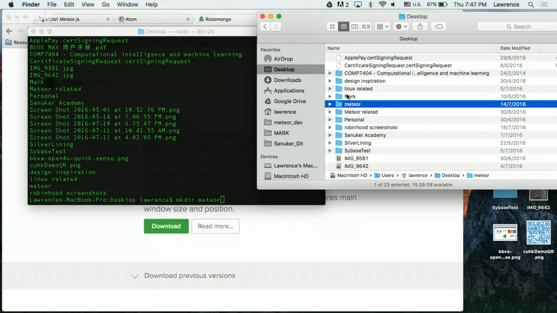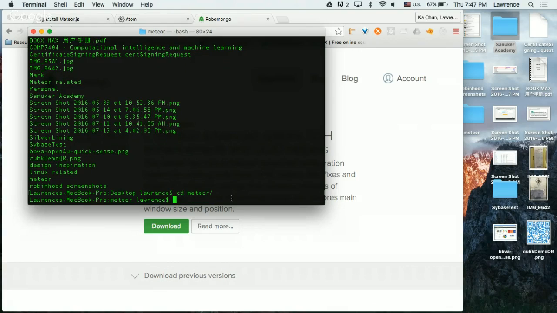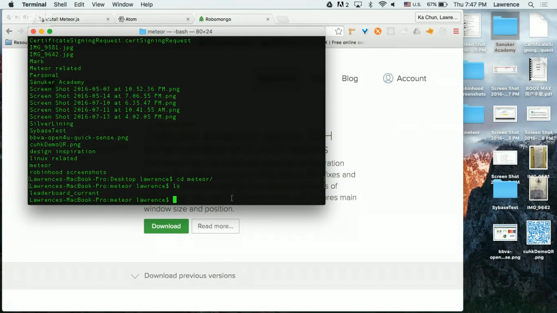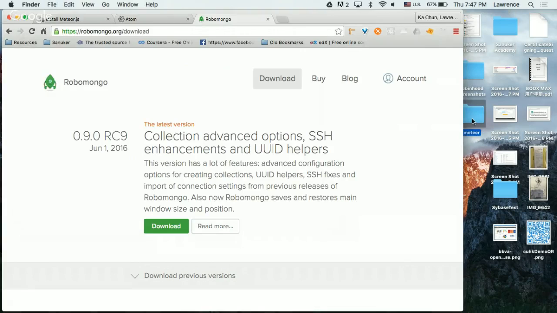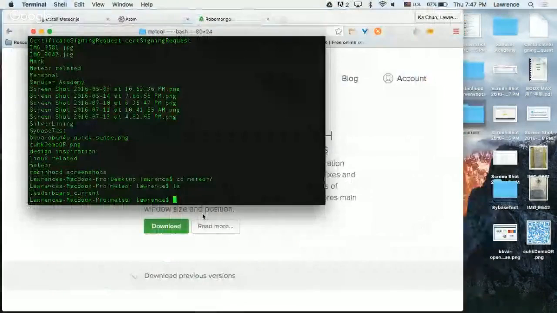Okay, everyone see the new folder? Okay, once we have the Meteor folder, try to CD into that. So if you do ls on an empty folder, you should not see anything. I'm seeing something because this is my old class file. But if you do not see anything after ls, that means it is an empty folder. That should be right. Is that okay?